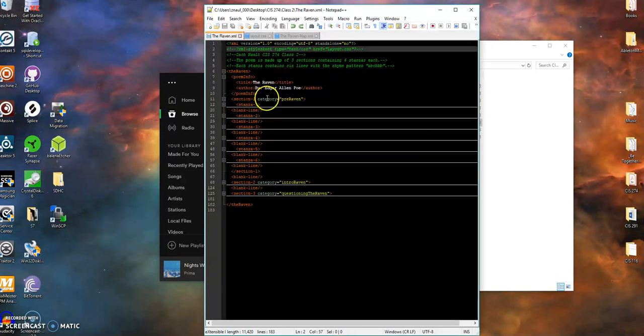So here's more the finished one. I ended up including this info down here for the title and everything in the actual document rather than a comment because it was kind of silly to comment it out. Changed it to stanza instead, just because that's what they're actually called instead of paragraphs. And then if we pop one open,